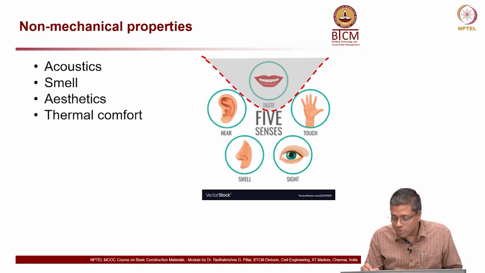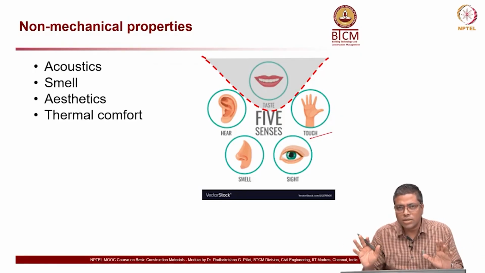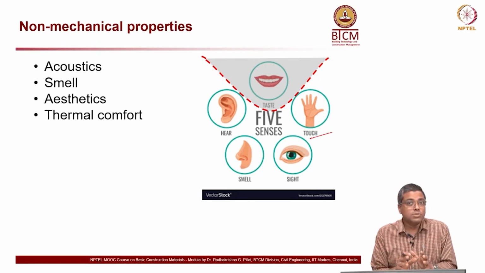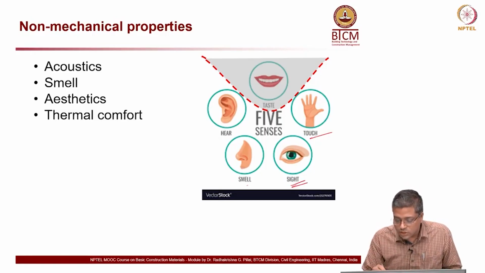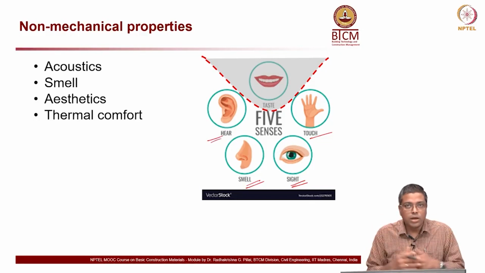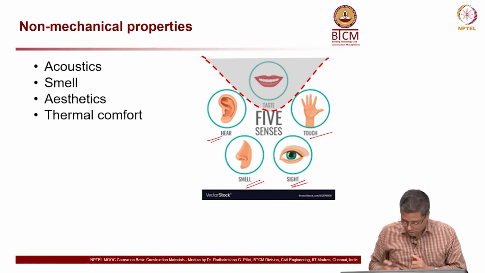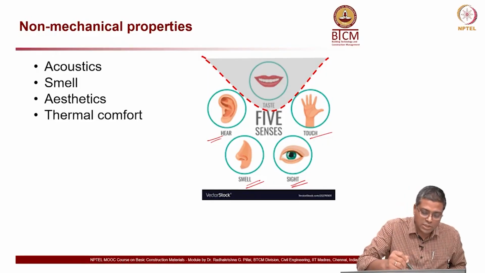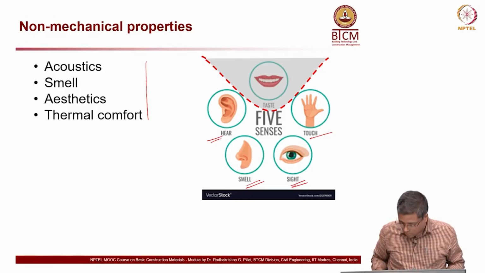But when you talk about construction, touch, because you want whatever construction systems or facilities, the texture is also very, very important. You do not want everything to be rough, but sometimes you want a rough surface. So, touch, feel is very important, sight, smell, hear, all these are very, very important, and we do consider these things while designing material systems. So, I am going to cover these 4 aspects only here today: acoustics, smell and aesthetics, and thermal comfort.